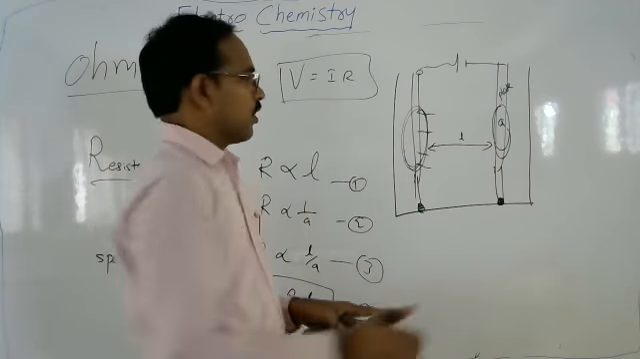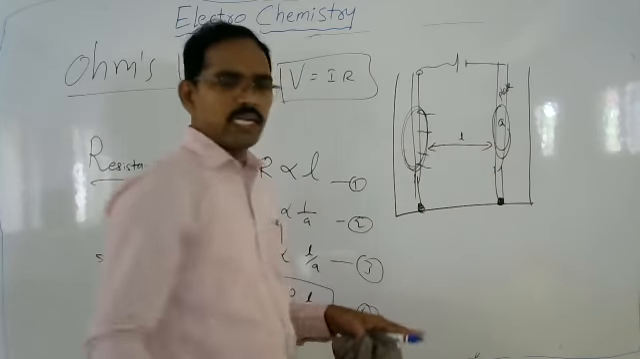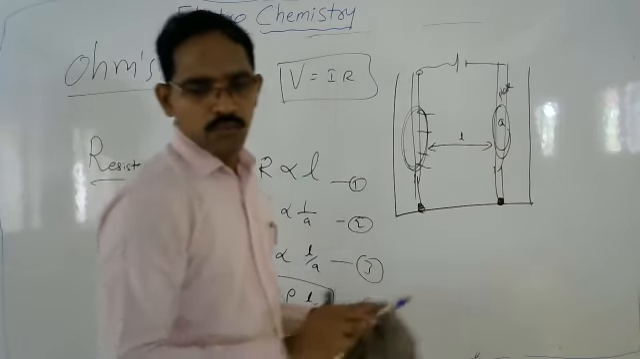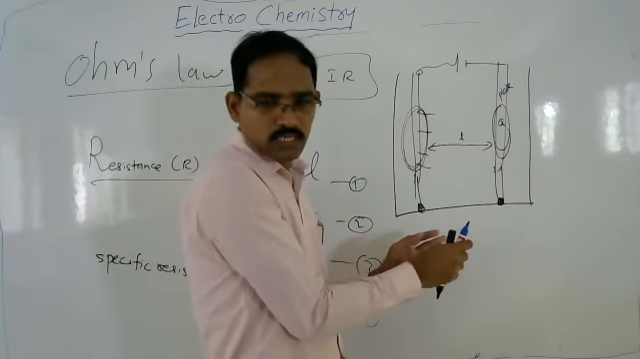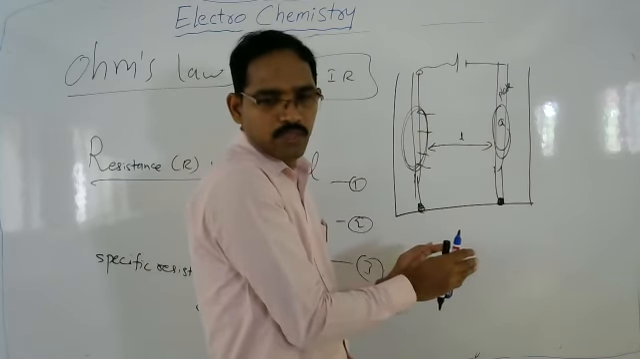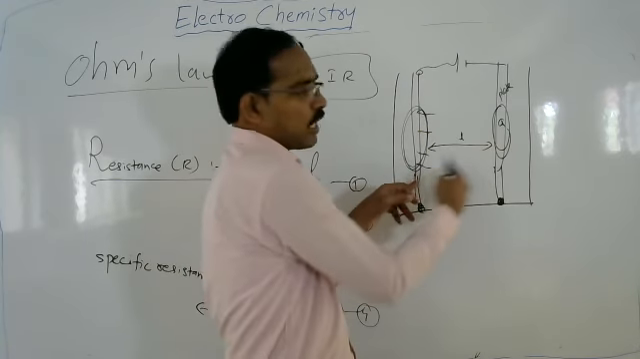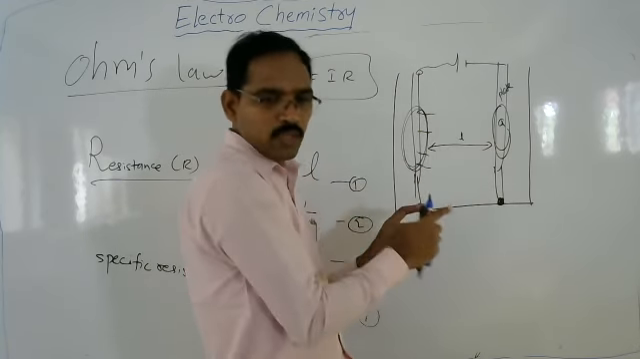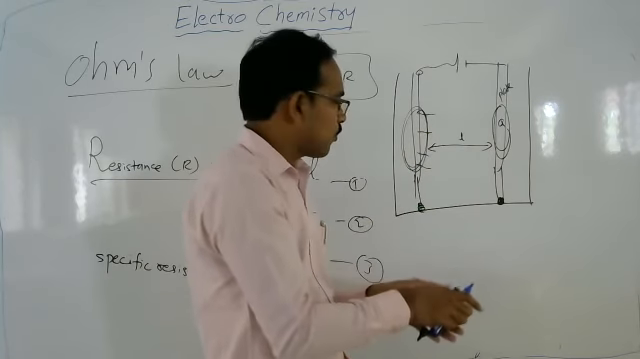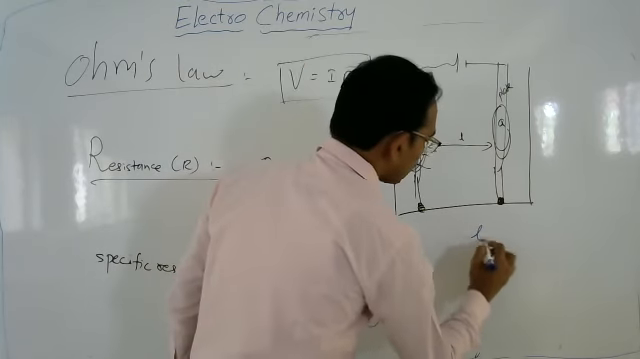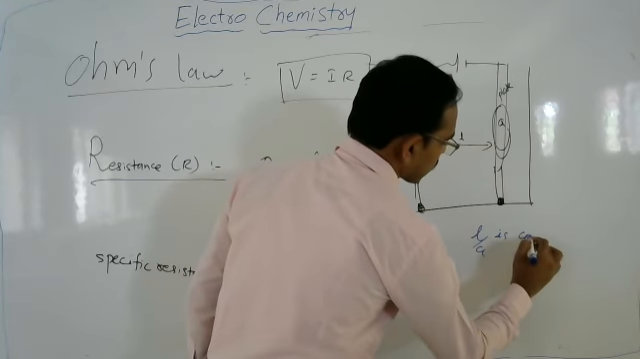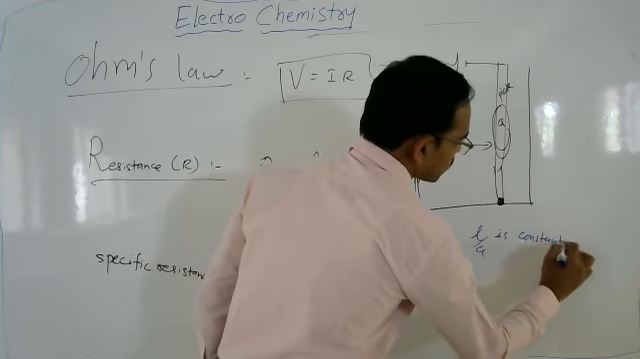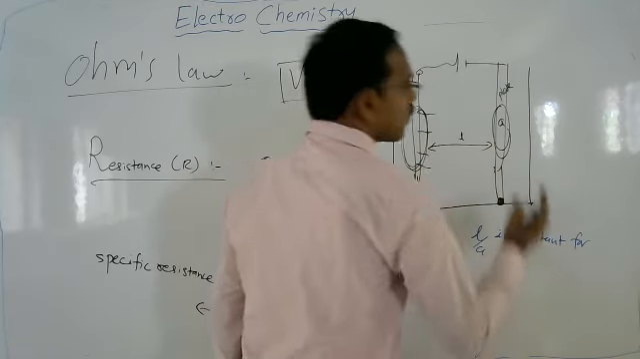Always, in between the two electrodes, the distance is the same. If you take one apparatus, in that the two electrodes, the distance is the same, the area also the same. So finally L by A is constant for one